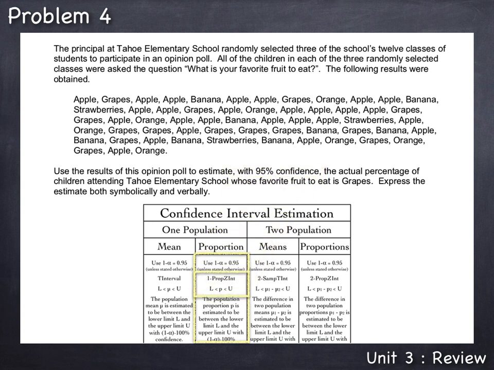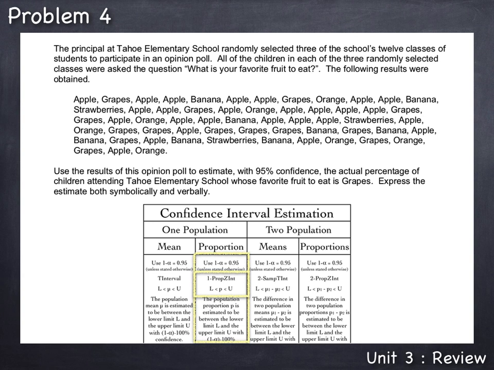Next, we can use the 1-PropZInt command on the TI-83/84 calculator to help us calculate the confidence interval. To get to this command, we press Stat, arrow over to Tests, and then arrow down till we find the 1-PropZInt command and press Enter. Now, on that screen, you'll be prompted for the X and the N. In a proportion, X is the numerator, the how many, what the problem's about, and N is the denominator, or